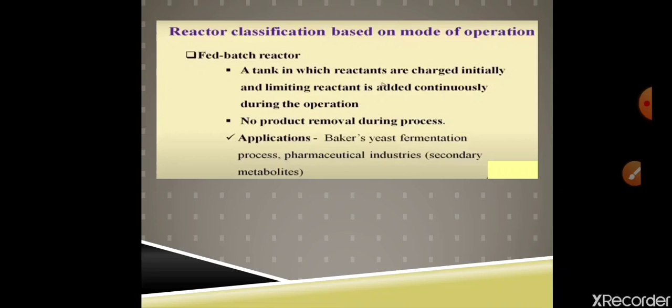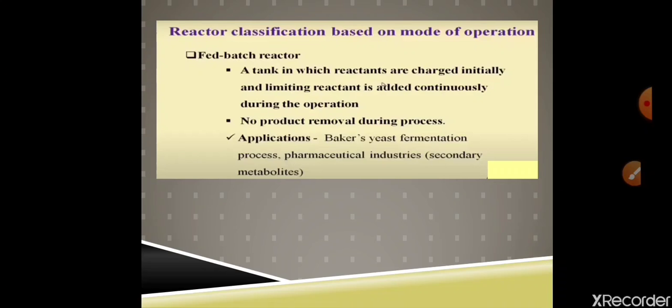This is the main important point over there, and an example where it can be applied is the Baker's yeast fermentation process, where sugar can be converted into yeast cells. We can increase the yeast cell production by using more substrate, because usually 1 gram of sugar can approximately produce 0.5 gram of yeast cells. So the more substrate is utilized in the system, the more yeast cells we can get.